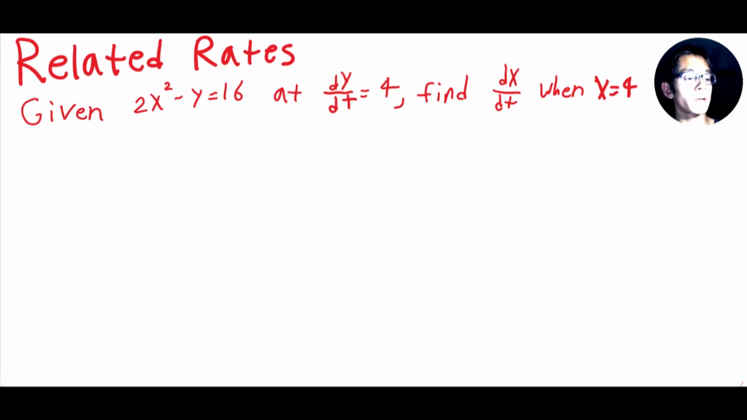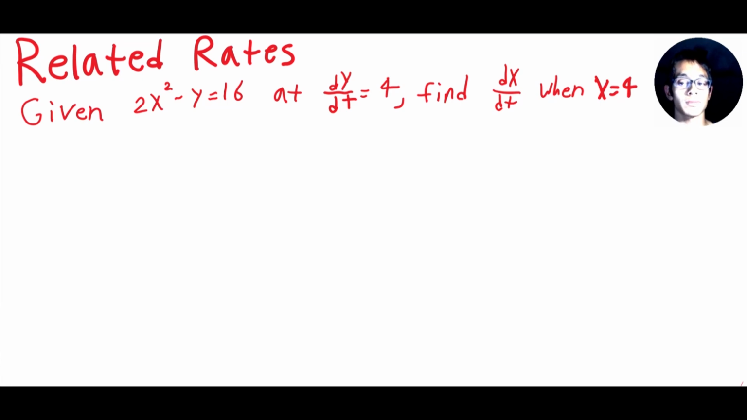So we're given the equation 2x squared minus y is equal to 16, and we're also given that dy/dt is equal to 4. So we're asked to find what is dx/dt when x is equal to 4. So in this problem, dt means with respect to time. So x and y are both quantities that are changing with respect to time. But we know what dy/dt is, but we need to find out what dx/dt is at a certain